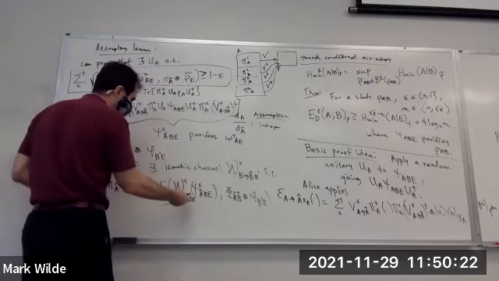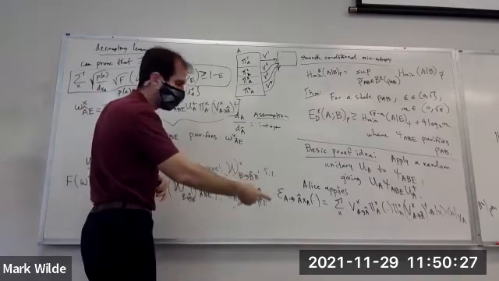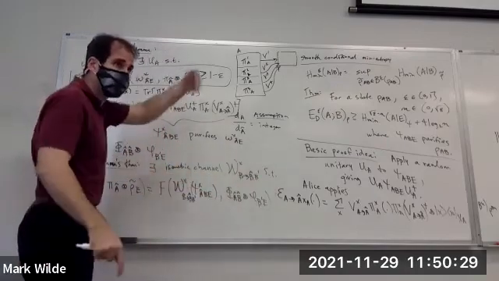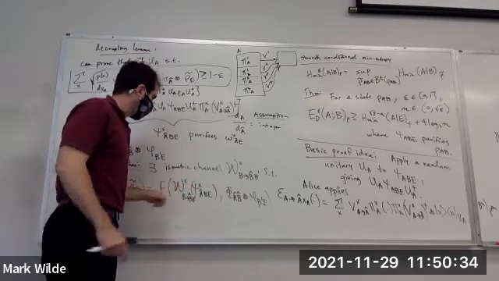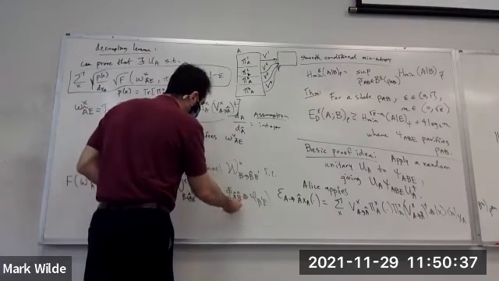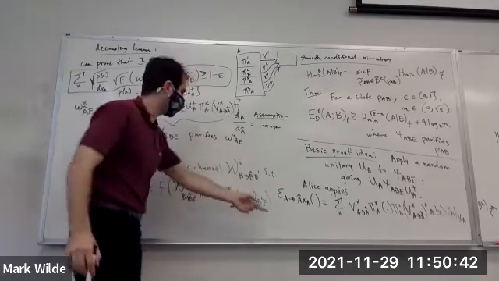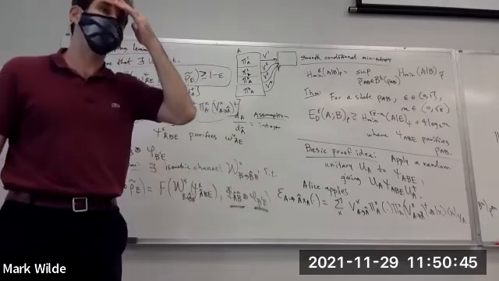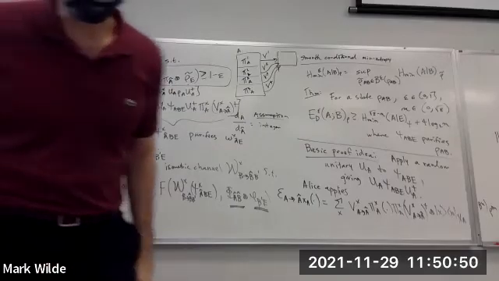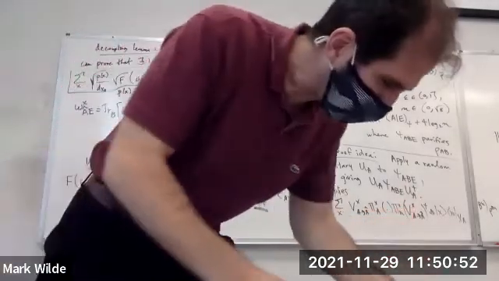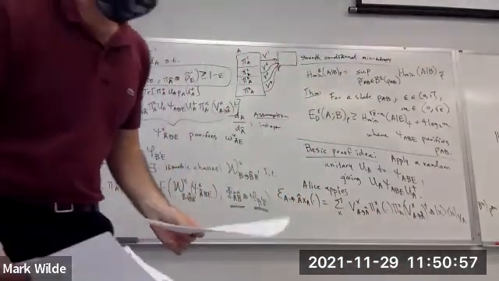Bob can apply this channel to the states resulting from Alice's systems. He needs to know the value of X through the classical communication, he knows it, to apply the correct isometry. And then at the end, his state will be a tensor product of the desired state here and something else. And then he can just discard that part. He can throw away system B prime. So that's the full proof. We're right on time. Well, that's the idea of the proof, okay?